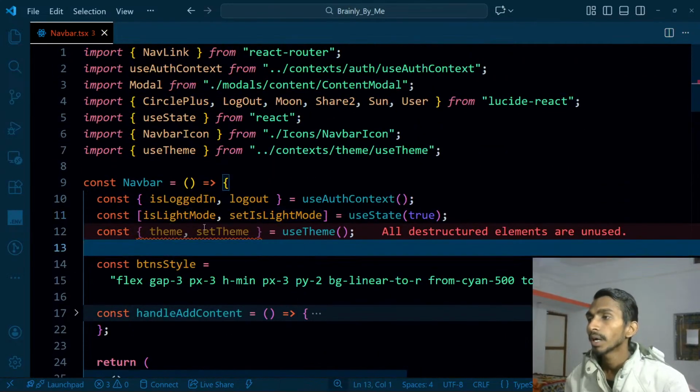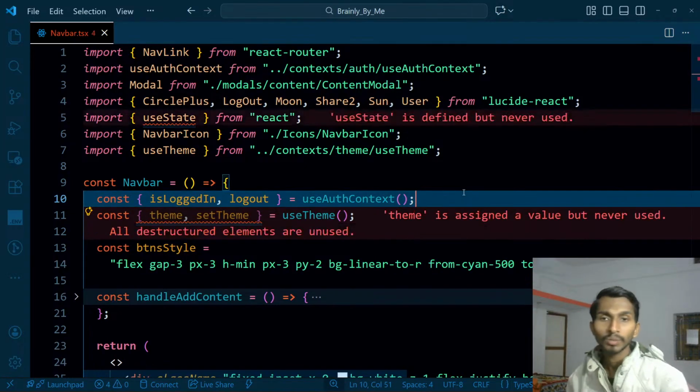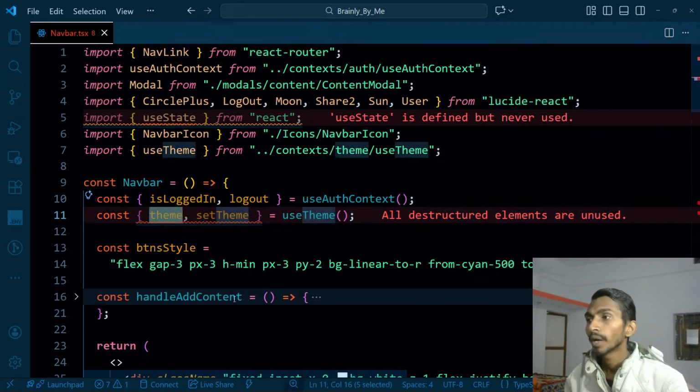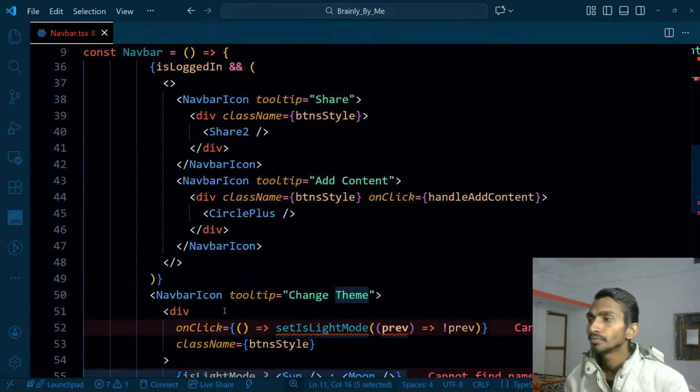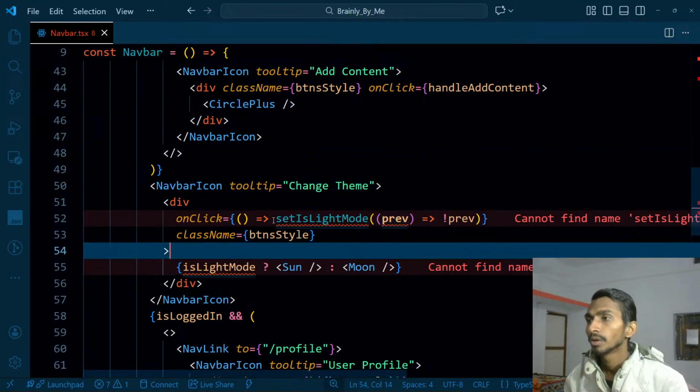Next thing is that I already have the theme. On the basis of the theme, I will be showing that. So, not really a problem. I can even remove this particular part from here. And then once I got my theme, so if theme is equal to light mode, then I will be showing that. Otherwise, I will not. Simple job. So here I am getting this error. That's fine. First of all,